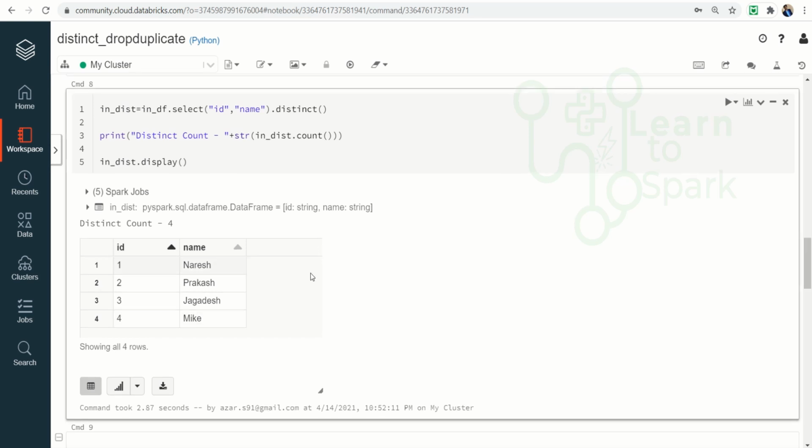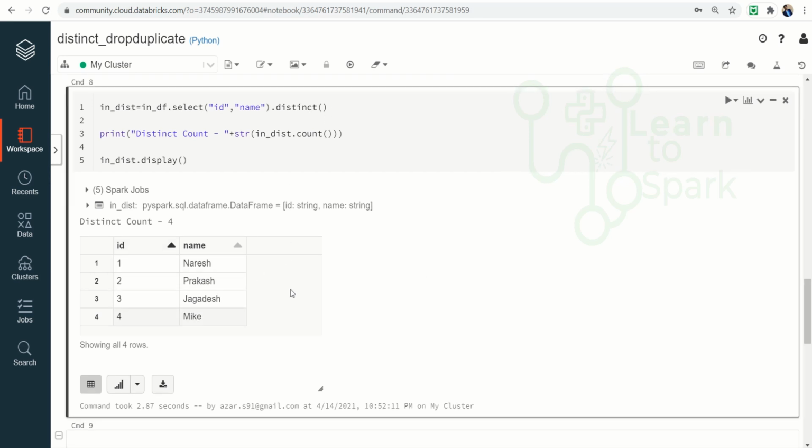Again you can notice we have only 2 columns displayed when we give a select statement of ID and name. Since we are using a subset of columns, only those columns will be displayed when we use distinct. So we are missing the third column, which is age. So this is all about distinct.